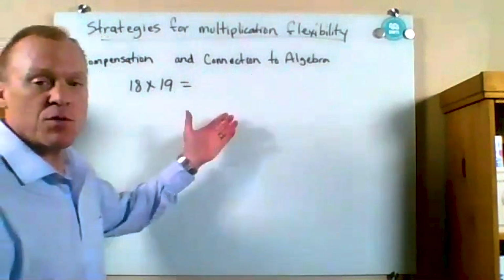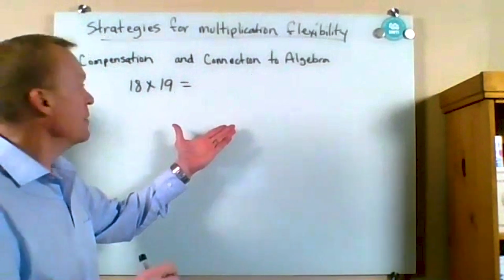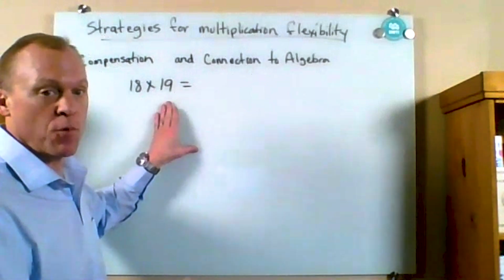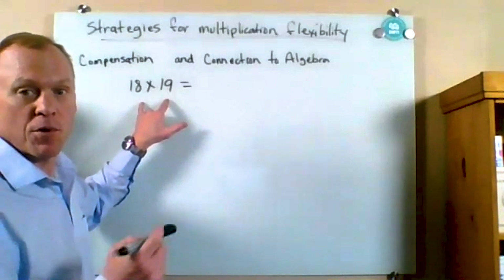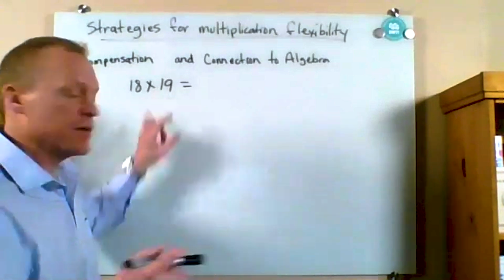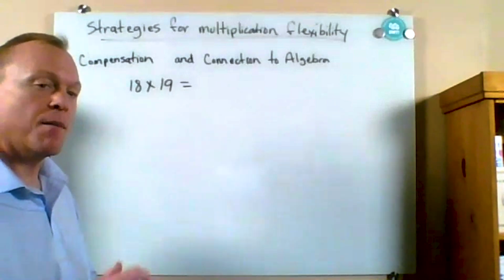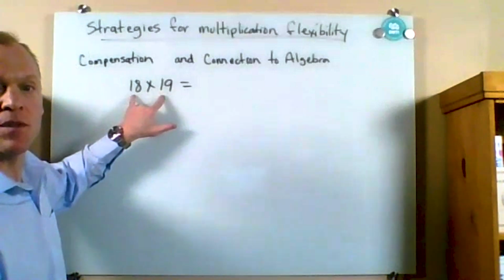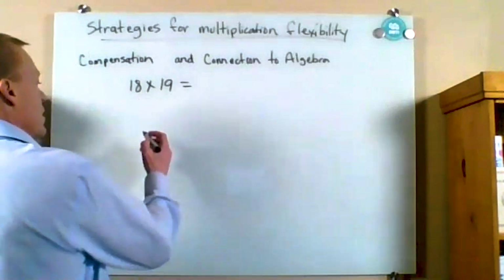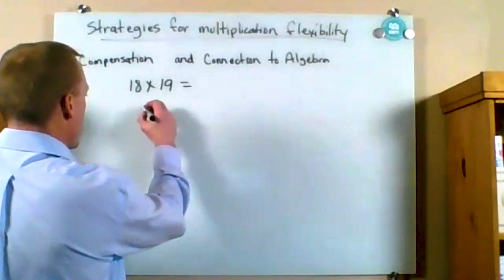So the last strategy we talked about was compensation, and I had made the point that you can use it for multiplication to figure out different multiplication facts or problems, and you can also connect it to algebra. So I'm going to show you how that works. In this case, we're going to actually compensate both numbers to 20 times 20. So what that looks like with the area model